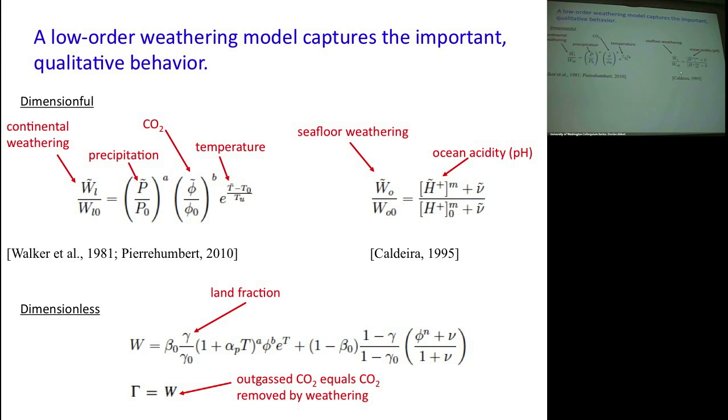These are the standard assumptions. The only main difference that some people will use is, instead of making it a function of the proton concentration in the water, they'll make it a function of the total dissolved inorganic carbon. It turns out that when you do that, the only difference when you relate it to CO2 is just changing that exponent. So it will give you a slightly different exponent, but not very much. It's not an important difference.